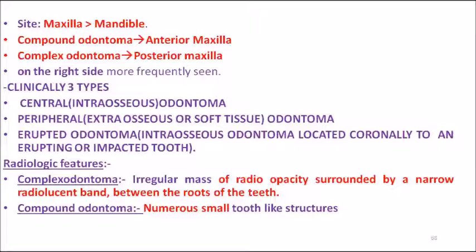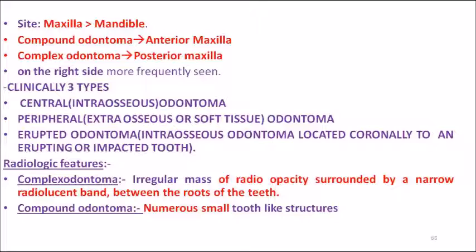Now coming on to the location, maxilla is the most common site compared to mandible. In case of compound odontoma, mostly they are seen in the anterior maxilla region, and complex odontoma is seen in the posterior maxilla region. If you take maxilla and mandible, the most common site is maxilla. Within maxilla, compound odontomas are mostly seen in the anterior region. Tooth-like structures are mostly seen in the anterior maxilla, whereas irregular masses are more commonly seen in the posterior maxilla. That is, complex odontomas are mostly seen in the posterior